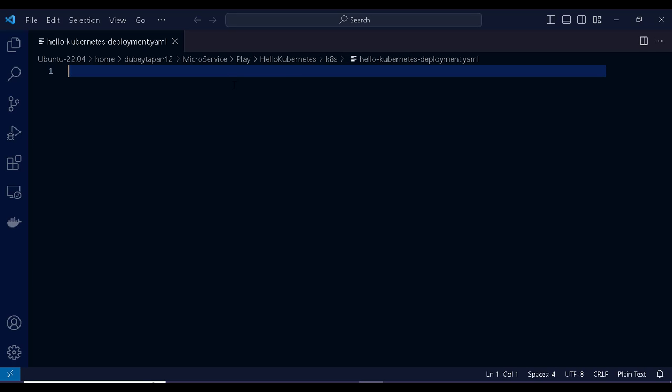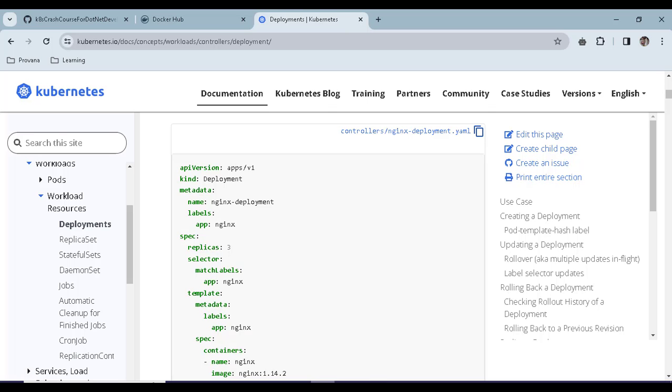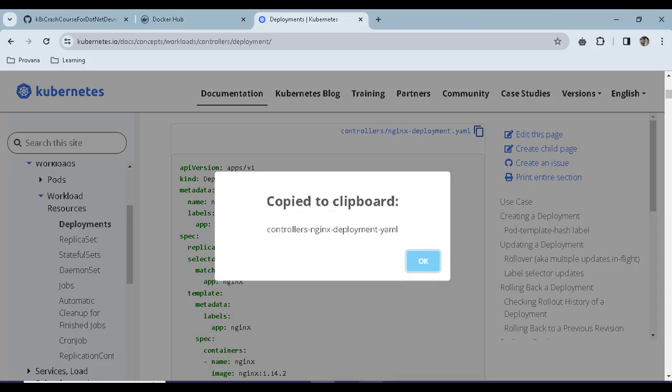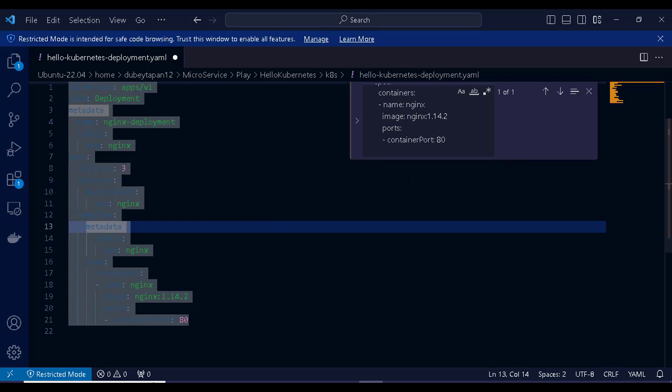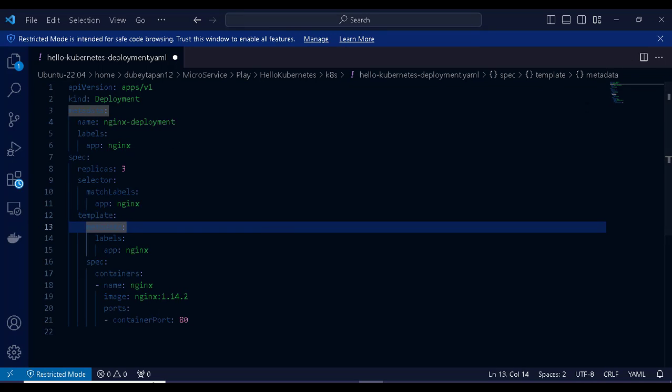And I'm going to paste it here. Let me copy again. Now let's paste it here. Now it is successful. Let's close this and let's understand